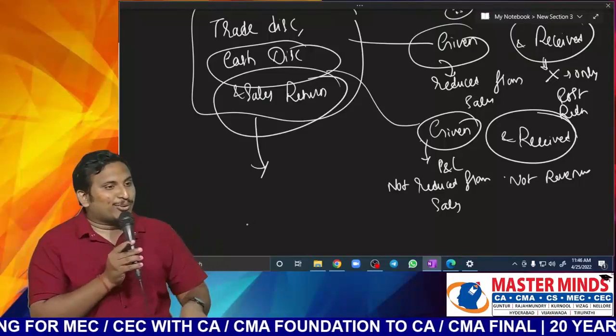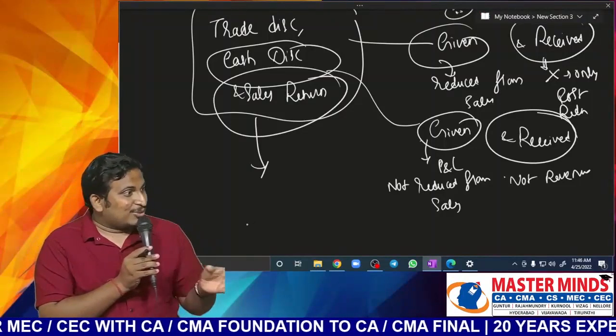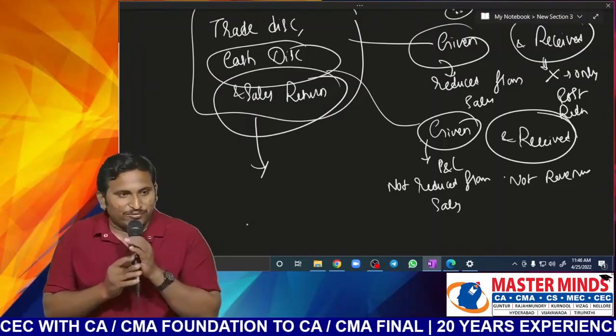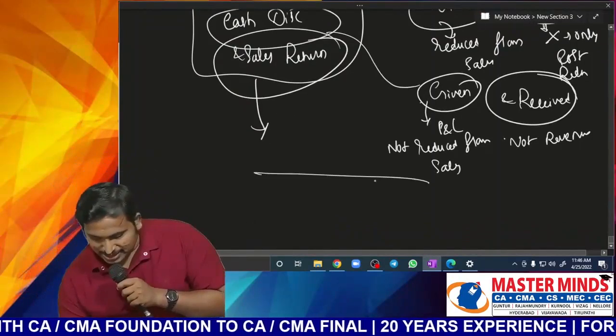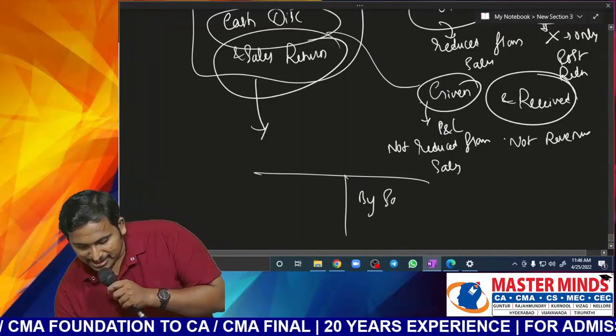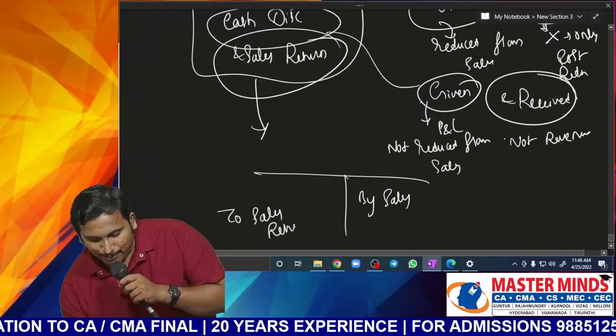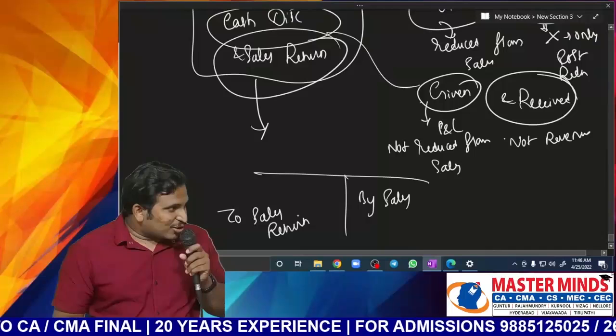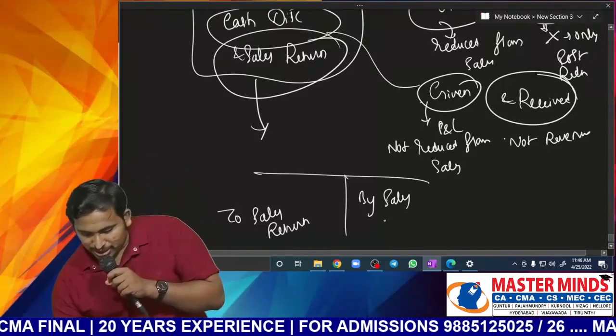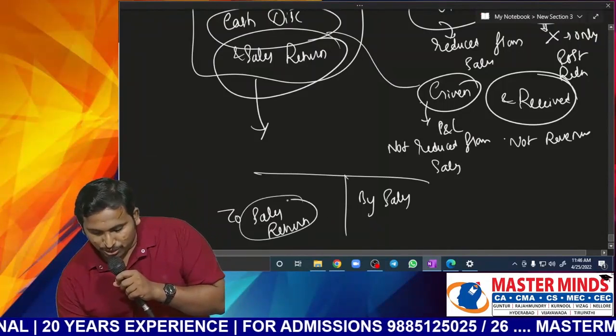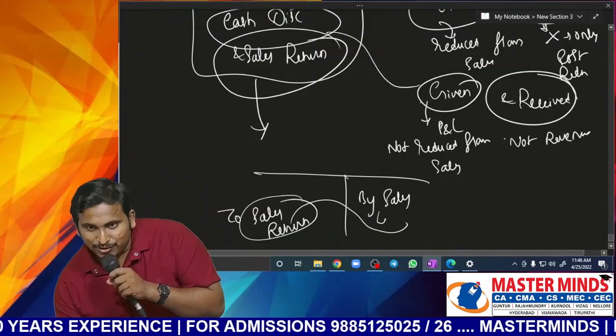Whereas sales return, what you will do? First you will write sales. Next you will write sales return less. Frankly speaking, our revenue is the same, sir, by sales. Whenever there is sales return, I have to record sales returns separately, sir. But for the purpose of better presentation, instead of showing it on the credit side, we will show it as a reduction from the sales.